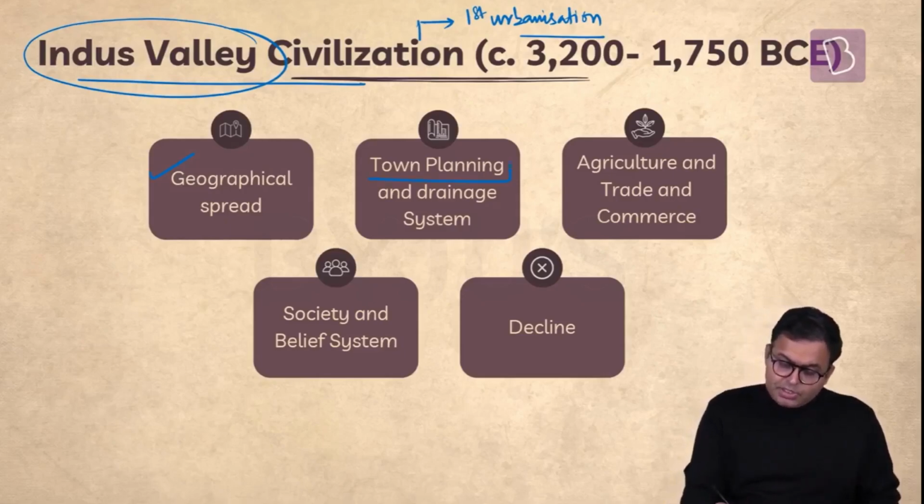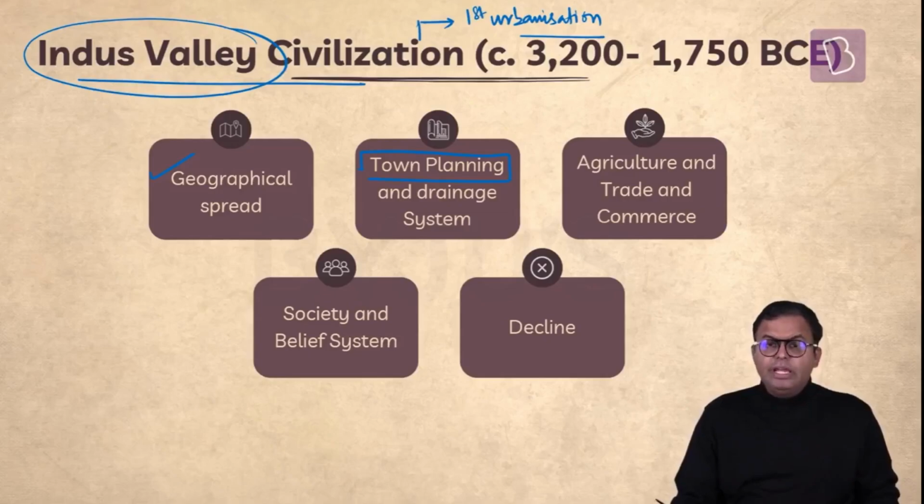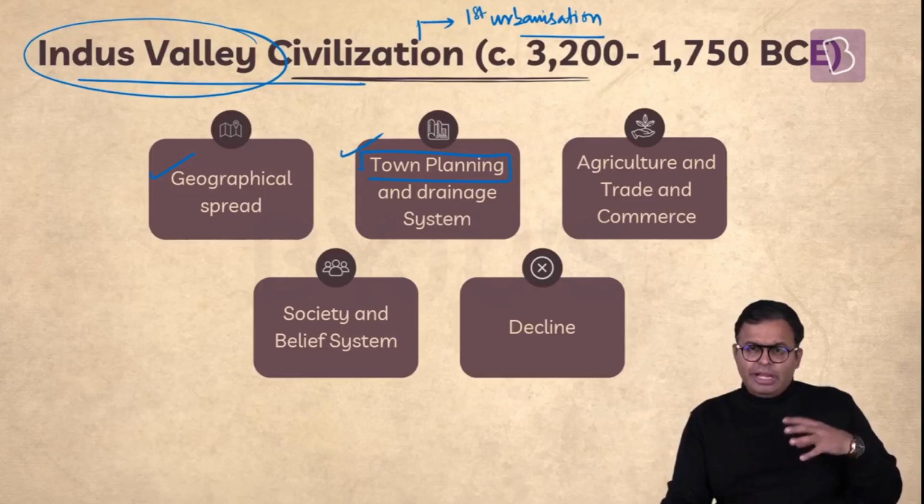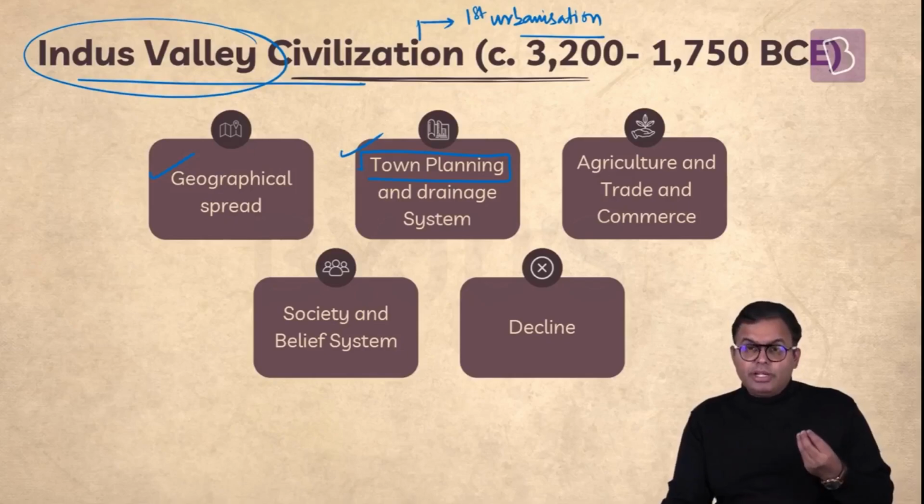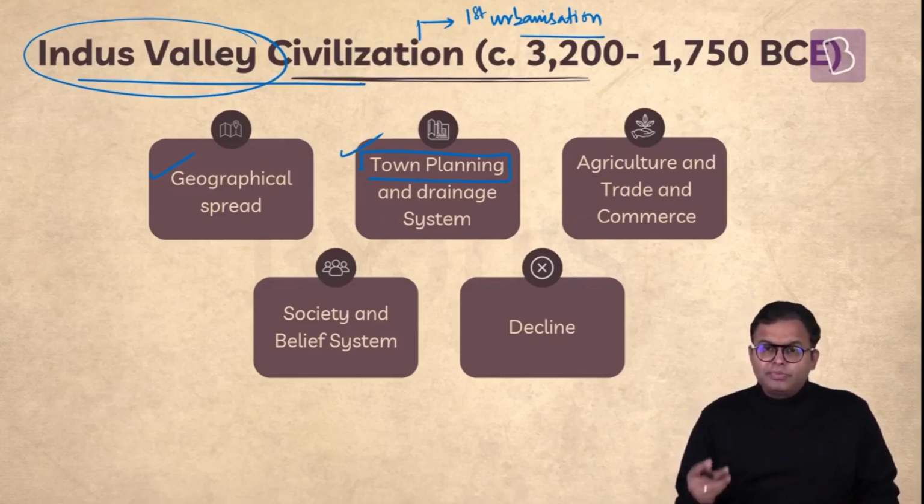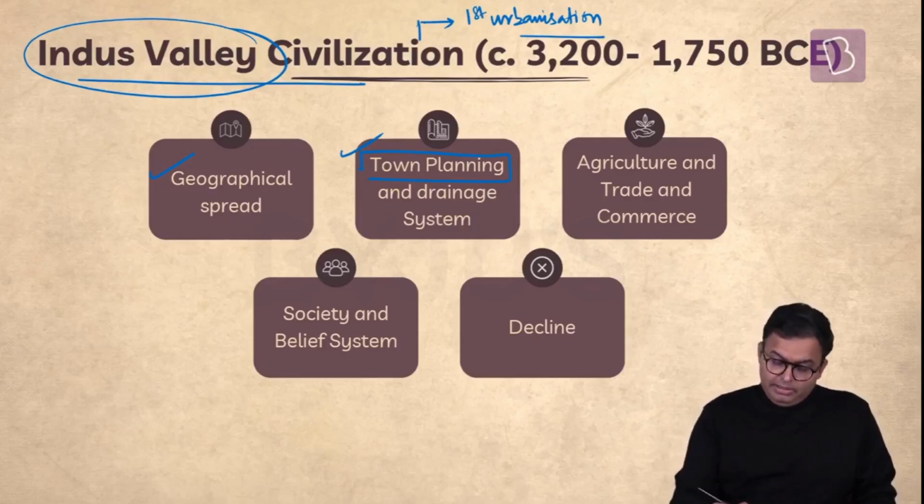Then another exceptional aspect of IVC is their town planning with emphasis on hygiene, with emphasis on defense, with emphasis on drainage. So all this we have to understand. And in fact, even today, it is found that the elements of Indus Valley urban planning are found in the present day urban planning. So we have to understand that